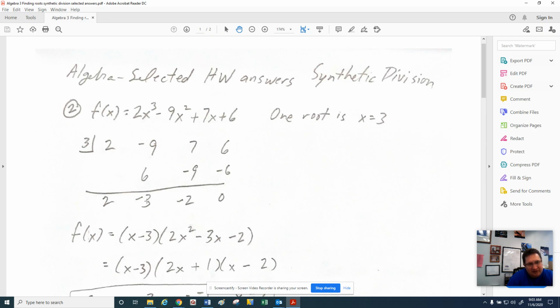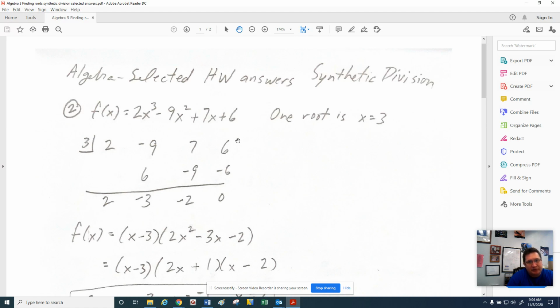3 times -3 is -9. 7 plus -9 is -2. 3 times -2 is -6. 6 plus -6 is 0. This 0 is important. Remember that if the remainder is 0, that means, in fact, 3 is a root of